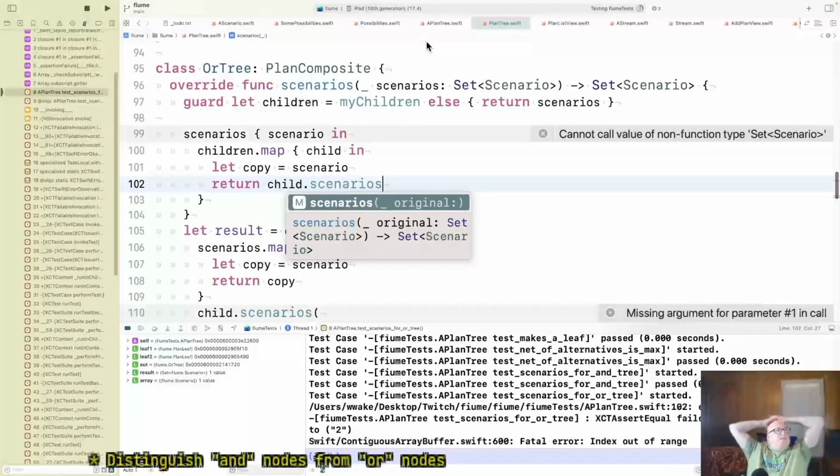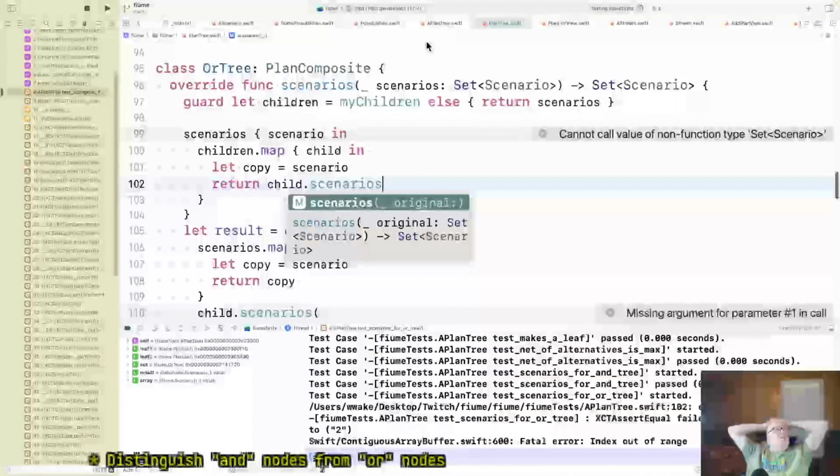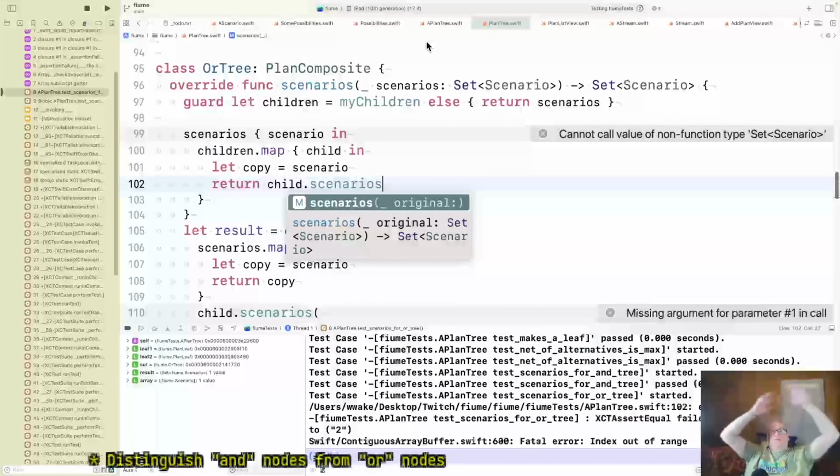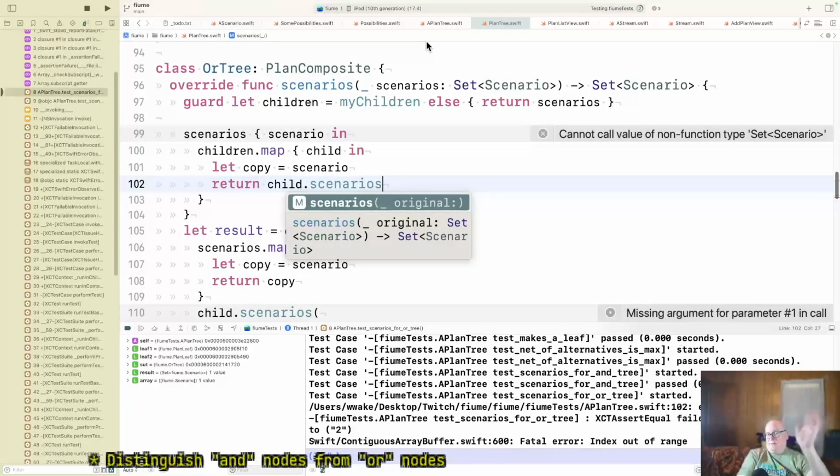So each one of my children, and I have to do this for every scenario that comes in. I've got those 5 children, and I've got scenarios A, B, C, and I've got 5 children, 1, 2, 3, 4, 5. I'm going to have A1, A2, A3, A4, A5, B1, B2, B3, and so on. Scenarios.